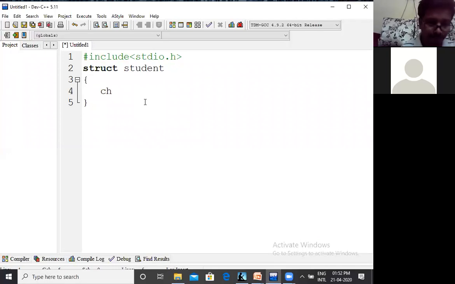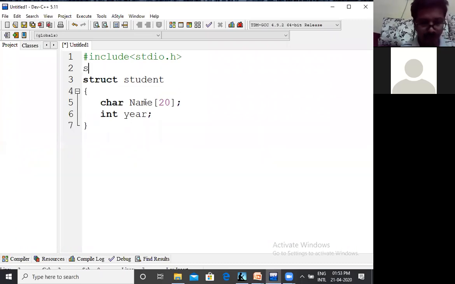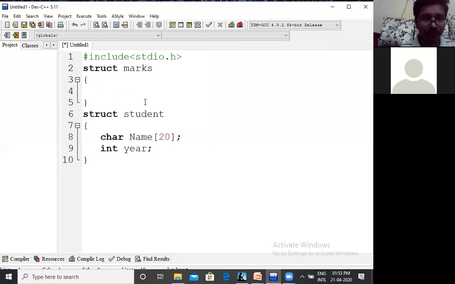Char name that occupies 20 characters. Next, int year. Okay, it's enough. Next, I will give one more structure. Struct marks is one of the structure.